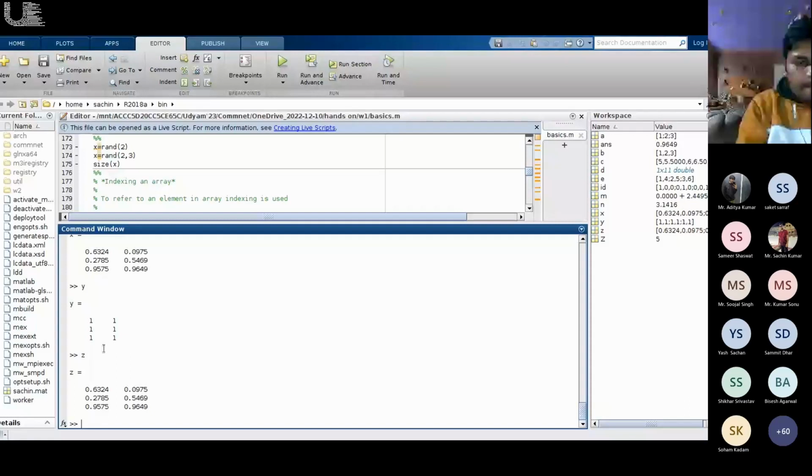See y into z, it is printing z, right? सबको दिख रहा है? कोई कंफर्म कर दो कि सबको समझ में आया। यहाँ पे फर्स्ट रो का ये वाला एलिमेंट इसके साथ इंटू हुआ।